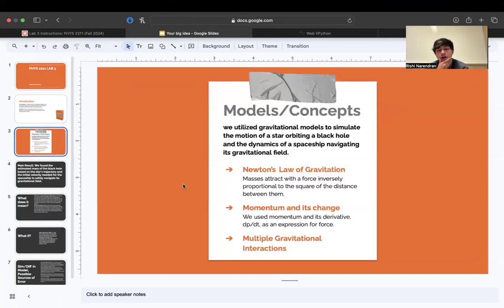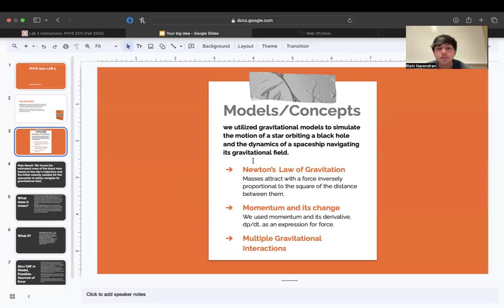So we had a couple of concepts, but I'm just going to discuss three of them. For our models, we utilize gravitational models to simulate the motion of a star orbiting a black hole and the dynamics of a spaceship navigating the gravitational field. And our three concepts were: one, Newton's law of gravitation. Masses attract with a force inversely proportional to the square of the distance between them. In class, we talked about G m1 m2 over r squared, and we had to use that equation a lot